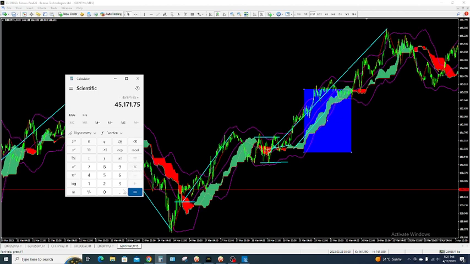Then we remove all the commission, the spread, and the broker's money. So what we have here is 33,878 plus 41,886. So we've been able to turn $1,000 to